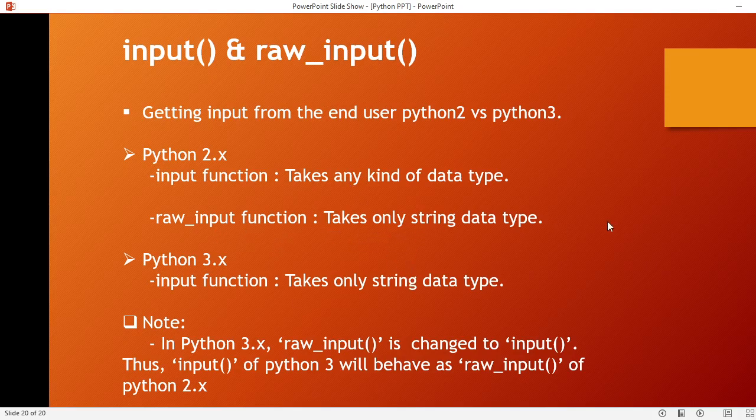And when you come to Python 3.x, we have only one function, that is the input function. In 3.x, whatever the raw_input function did in 2.x, the same thing the input function does in 3.x. So here you need to understand the basic difference between these two. In 2.x,